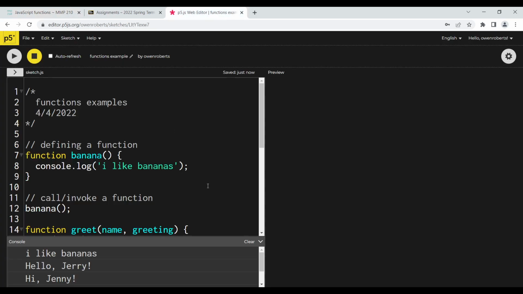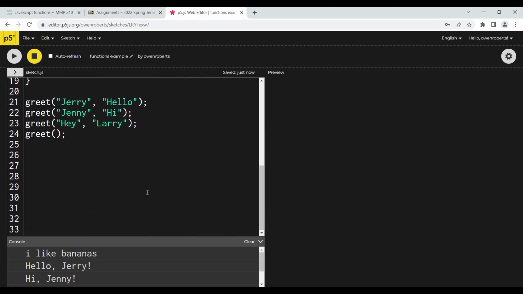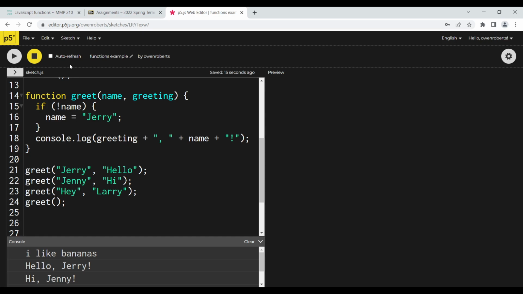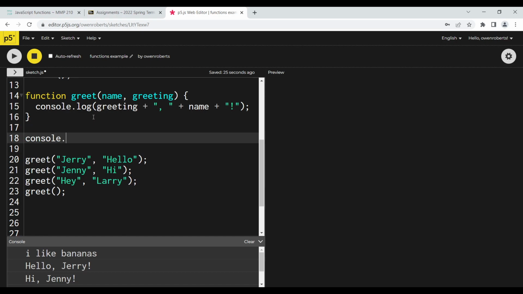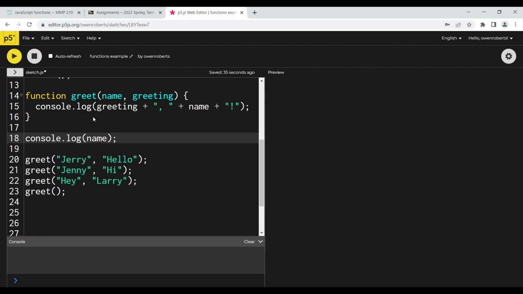Okay. Any questions about arguments? Okay. So let's talk about scope for a second. We've talked about this a little bit before when we talked about global variables. But when we create an argument, I'm going to get rid of this for now. When we create an argument, this only exists inside of this function. So if I come down here and I try to log name,